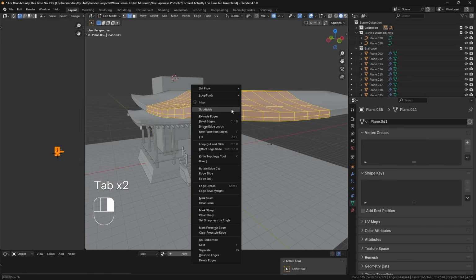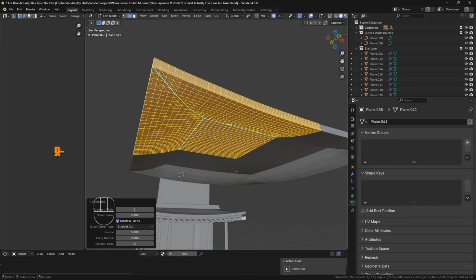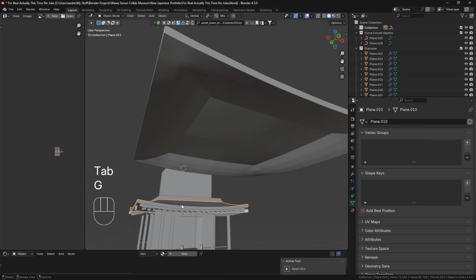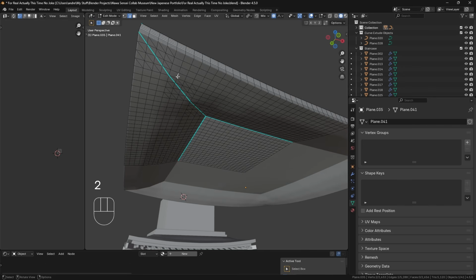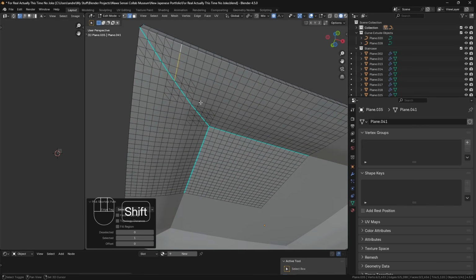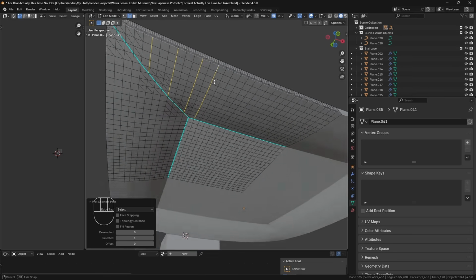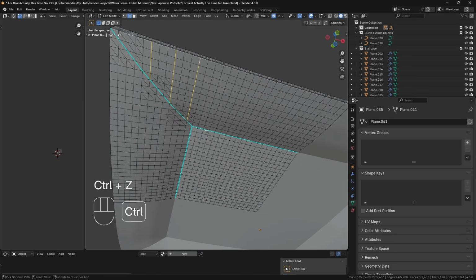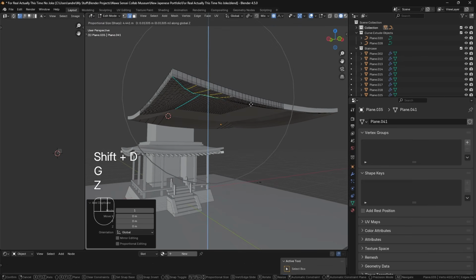I think I mentioned it earlier in the video, but just to show you again, I think I subdivided this one more time. I made a duplicate in place and then just hid the original object and then unhid it after. And then here, I think I just started from this one, and I would just hold shift, control, and I would skip every third one over here. It doesn't really matter, honestly, but you get the gist there. And then you just select how many, oh, sorry, I missed that one over there. And then just keep going down, and then shift duplicate, and whoops, let me turn off proportional editing, GZ,